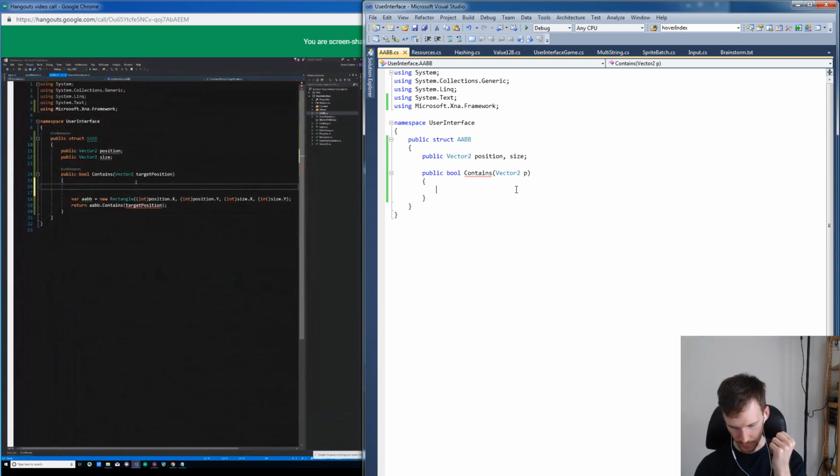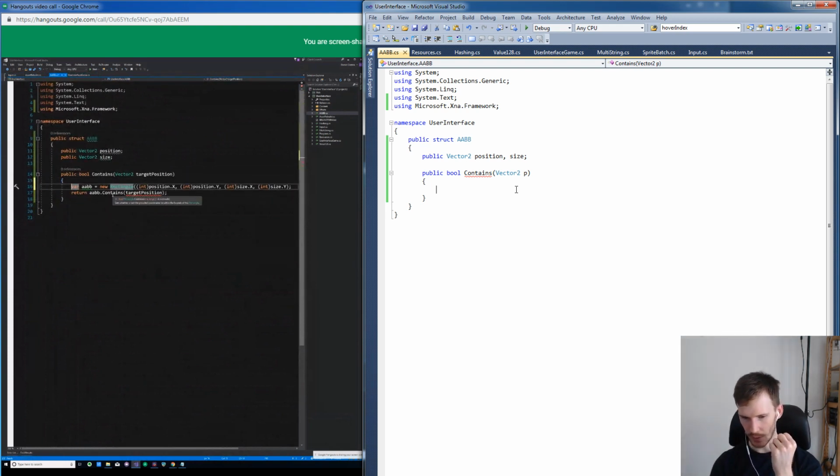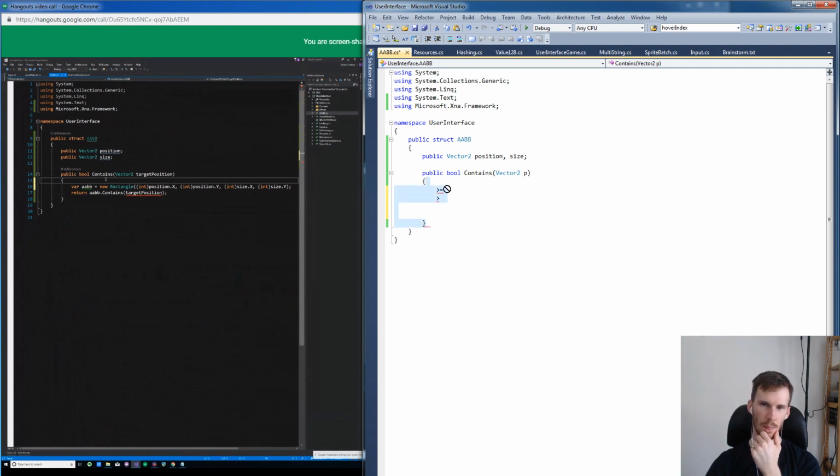So the first thing you have to decide when doing this is how do you handle the border? Are you doing inclusive versus exclusive? I feel like inclusive is the way to go, but maybe people don't. Touching the border I think should result in it being contained, but maybe not. It depends, I guess. A lot of the time, the default, and I think that's probably where we will go with this, is